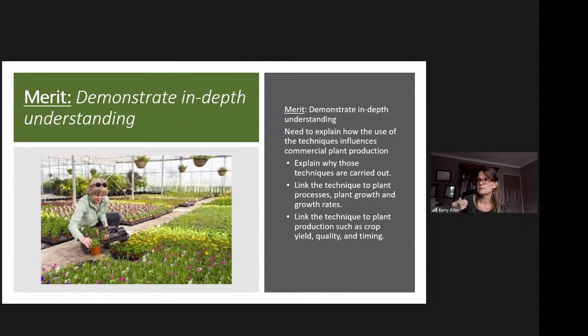So to get merit, you need to explain why those techniques are used. So you need to link them to the plant processes, the plant growth, and or the growth rates. You also need to link that to